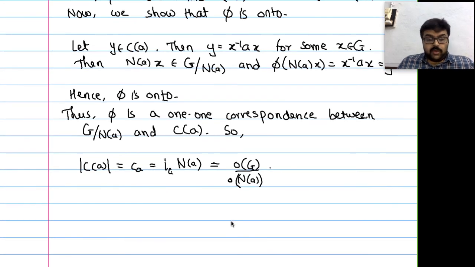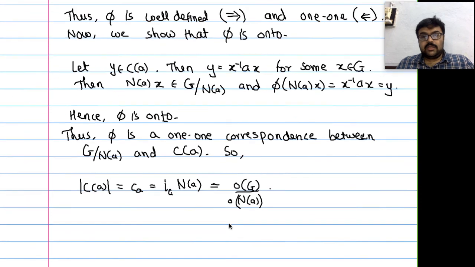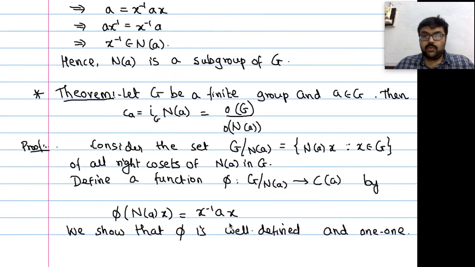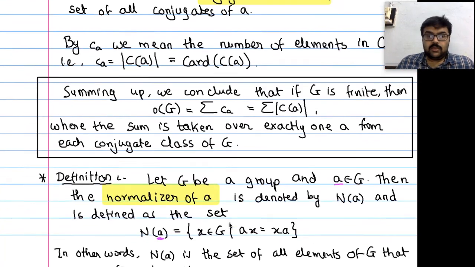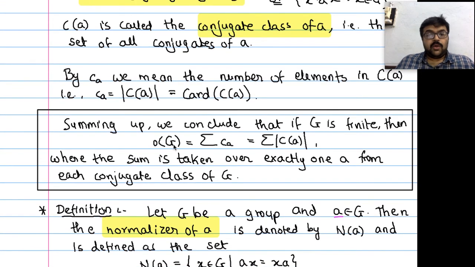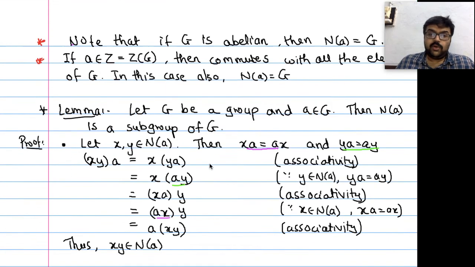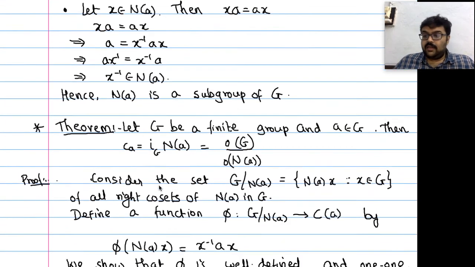Right, so this is important. And now we see that the equivalence class has divided. So how do we count the elements of G? This we have seen, the box I have made, right? Order of G is what? Sum over the Ca, where the sum is taken over exactly one a from each conjugate class of G. And now this Ca we have found. What is this Ca? Ca is nothing but order of G upon order of Na. So hence I can write this as,